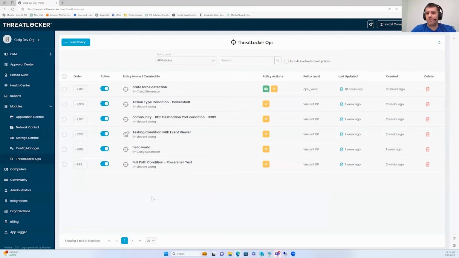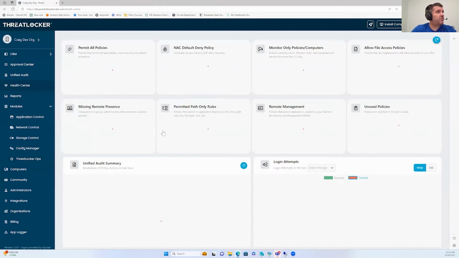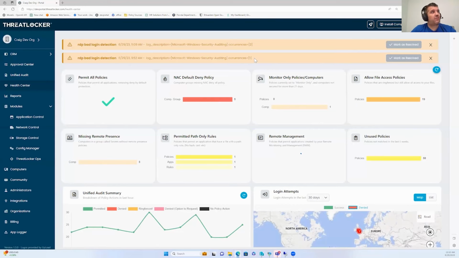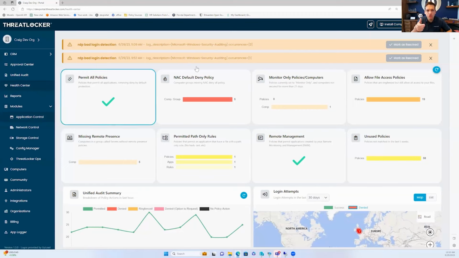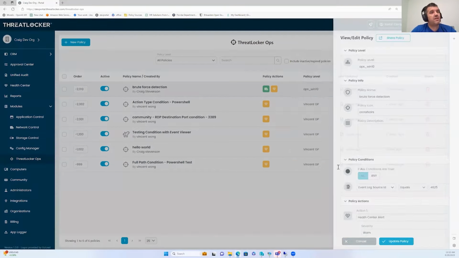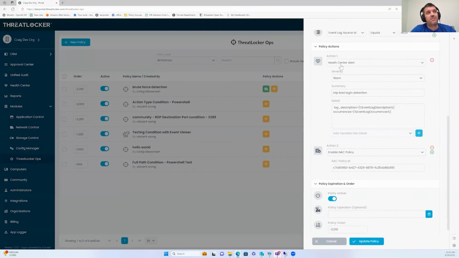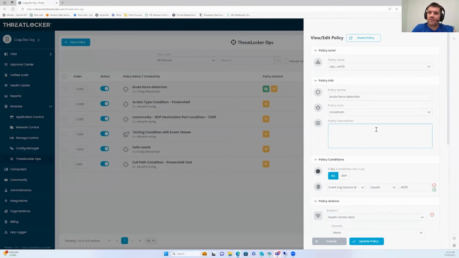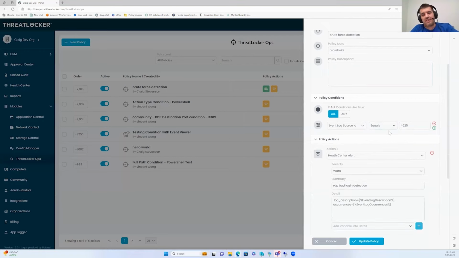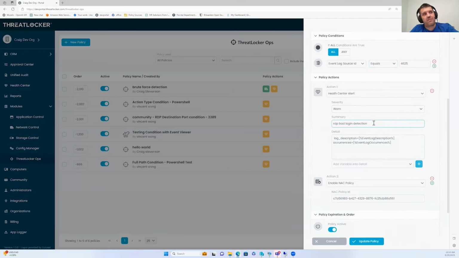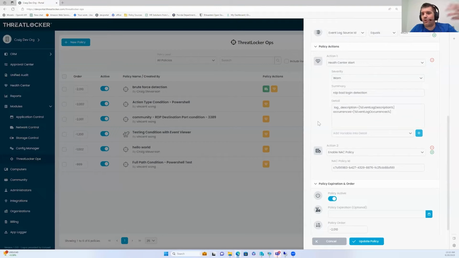All right. So while you were talking, by the way, I went ahead and launched a couple of failed login RDP attempts at this server. So if I come over to the health center, you can see the 2 failed login attempts that I just did. And what caused them to show in the health center? What causes them to show in the health center is this first condition here. ThreatLocker Ops is policy-based detection and automated response. So we detected the bad login,